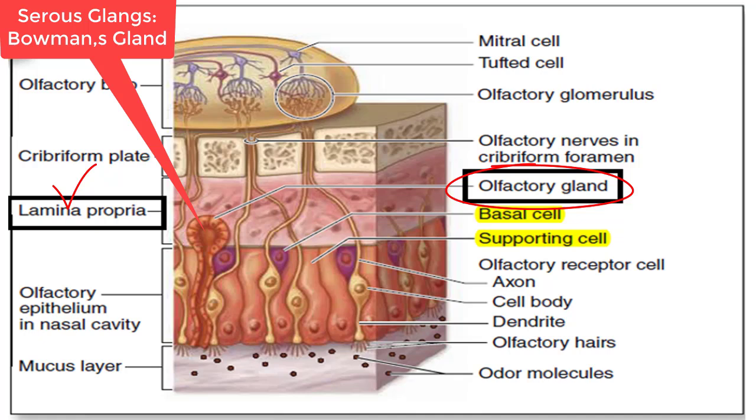The function of Bowman glands is to produce a constant flow of fluid that surrounds the olfactory cilia. And why are they producing constant fluid? Because this fluid will facilitate the access of new odoriferous substances, and that is why the olfactory pathway starts and works from here. If there is no fluid over here, there will be no interaction of odor molecules with the cilia, and further they are not going to trigger the other responses that we have seen.